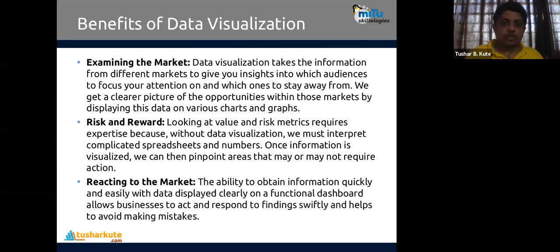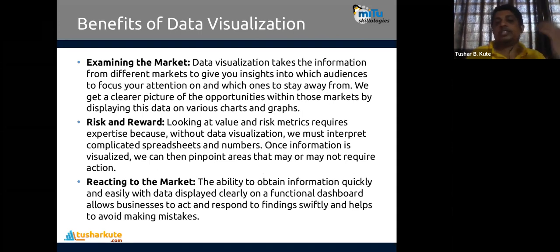So on dashboards, we can take different kind of information from different markets, and they will give you insights into which audiences to focus attention on, and which ones to stay away from. We can identify where we are progressing, where decreasing, where you need to focus, where you have to close it, where you have to start it, all that we can do. So we get a clearer picture of opportunities within those markets by displaying this data on various charts and graphs.